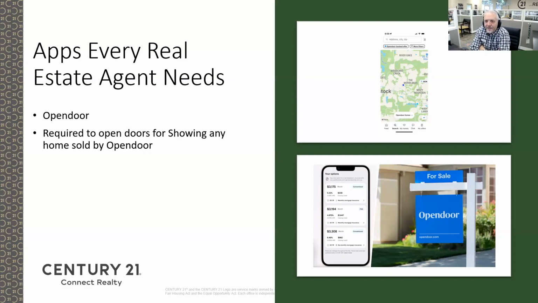You're showing 5 houses and you simply go into showing cart, you schedule all 5 houses, and you don't realize that the 3rd house that you're doing is an Open Door house and it doesn't have an MLS number and it doesn't have a super box. And then all of a sudden you're standing on the front porch trying to download the Open Door app and put it on your phone and register so that you can unlock that door. Okay. That's why you need the Open Door app. Don't be caught with your pants around your ankles on that one, folks.